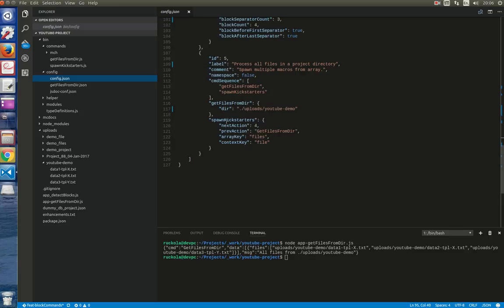It will return the array, and then you have the spawn kickstarters configuration, which, as the previous action said, is logically the get files from there. It will search for the files key in the context, because that's where the array will be stored by the get files from there command. And then when I read the array, I will create a Kickstarter for each file, and I will put in